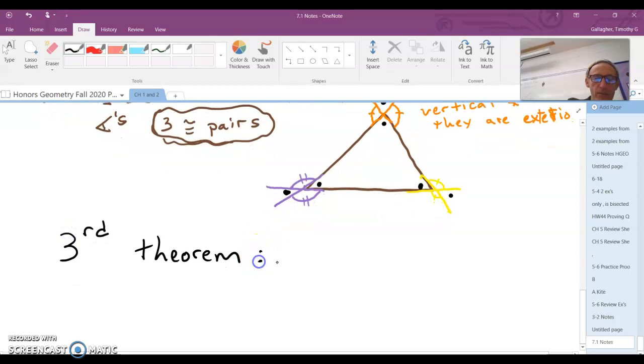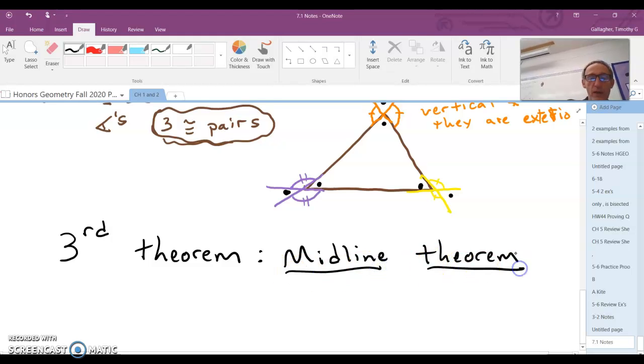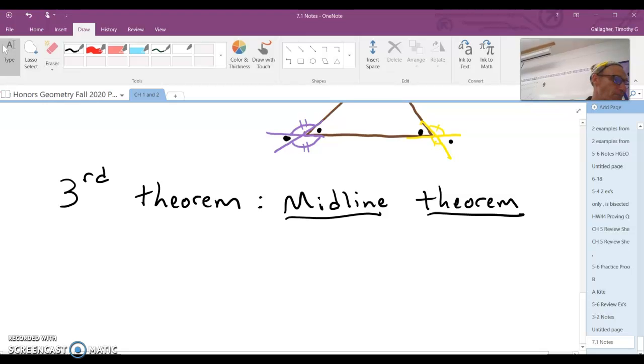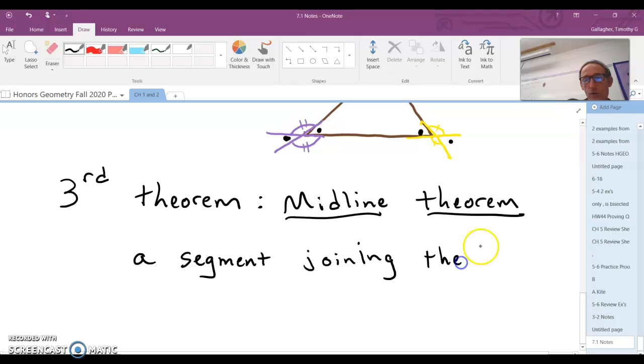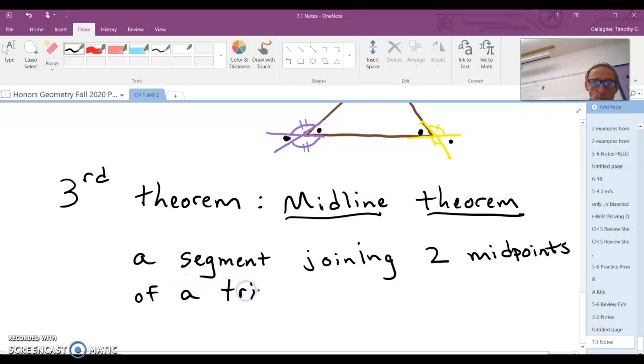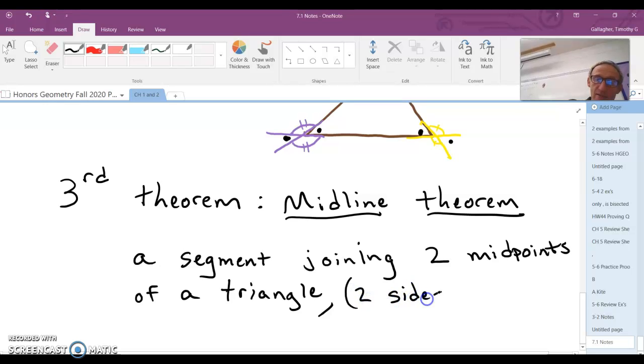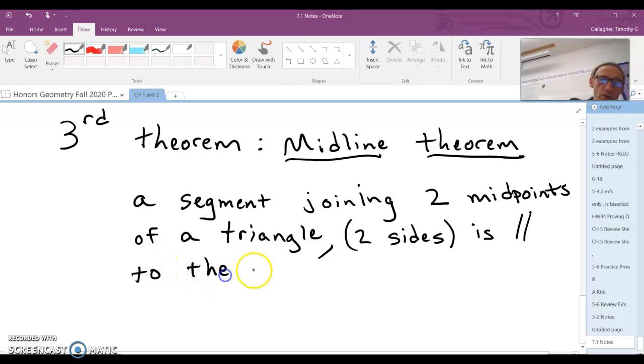Now the third theorem. It's called the midline theorem. And the midline theorem says that a segment joining two midpoints of a triangle, a segment joining two midpoints of a triangle, this is two sides, is parallel to the third side,